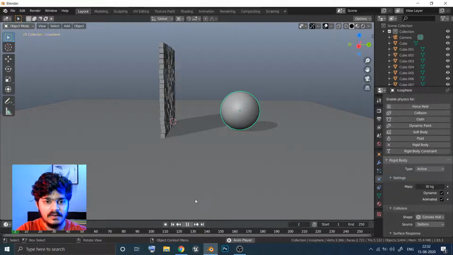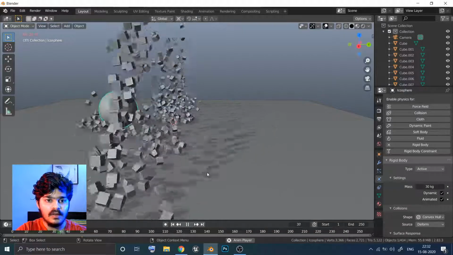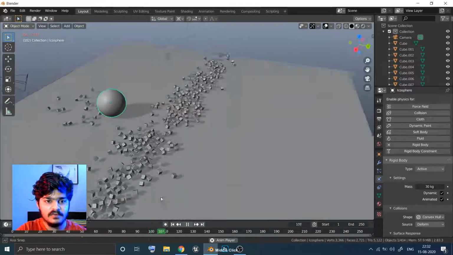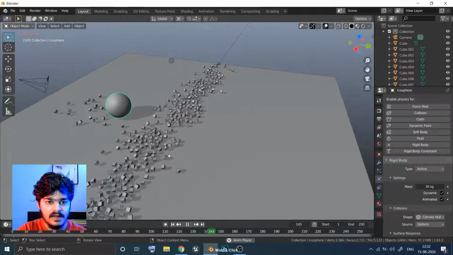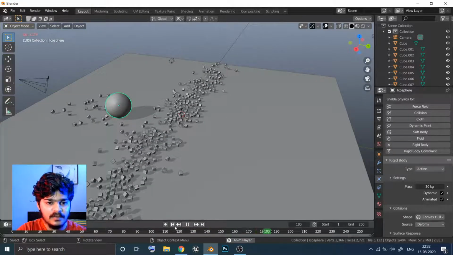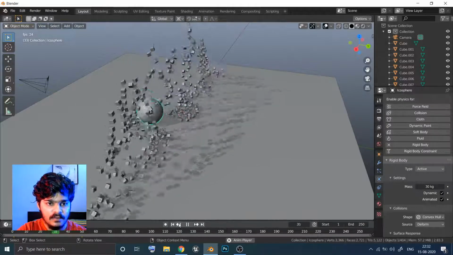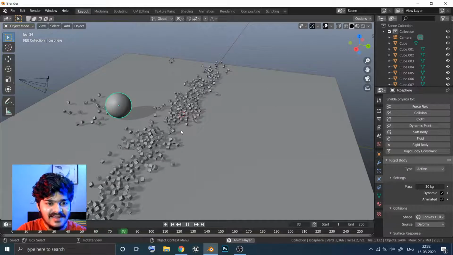Let's play it. Oh, it exploded. It exploded. The distance between the cubes was not great, and that's why it exploded. But yeah, you got the point. You saw how it works. Yeah, at least they're